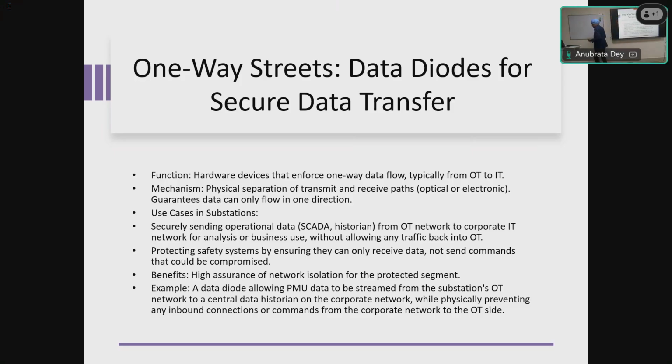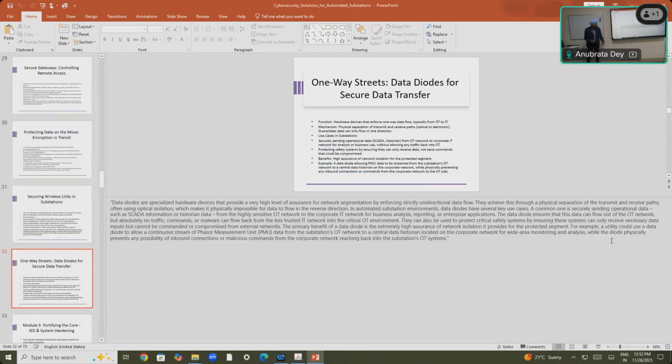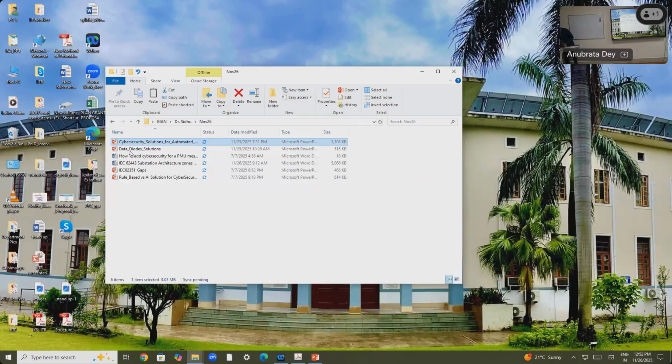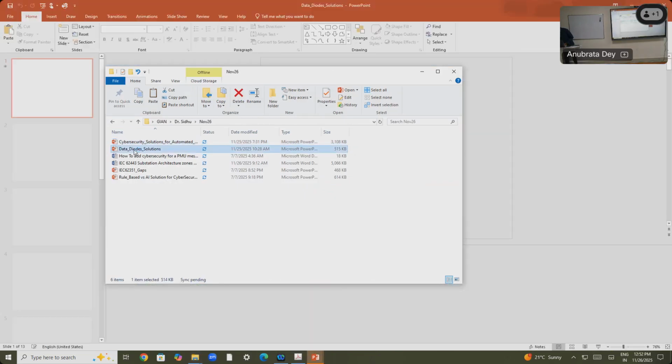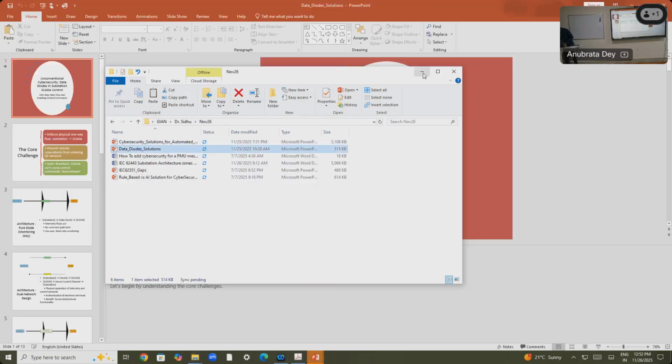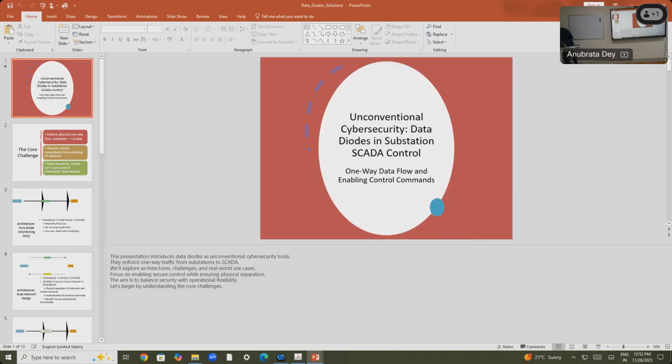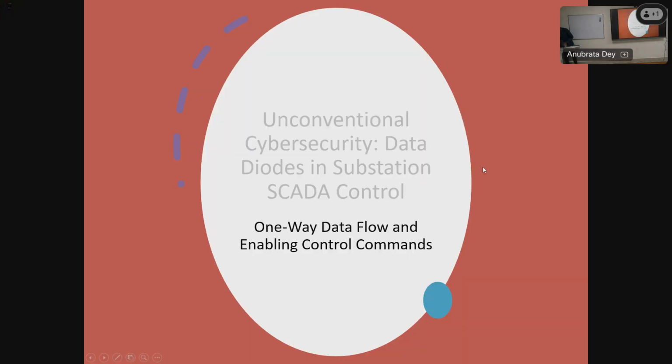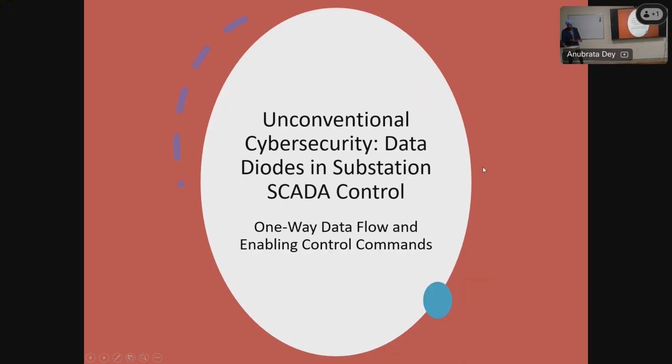While we are here, I'm going to skip this one. So how do I get out of here? Want to go to another. So we will talk about data diodes because we have 15, 20 minutes, and we will come back from here to this one. Yeah. Okay. So